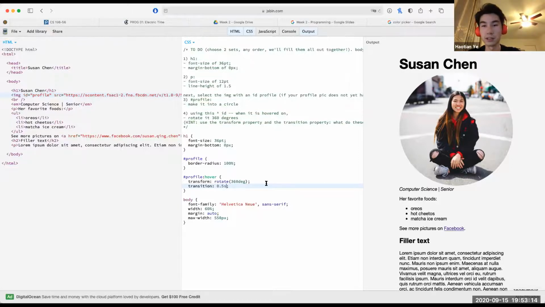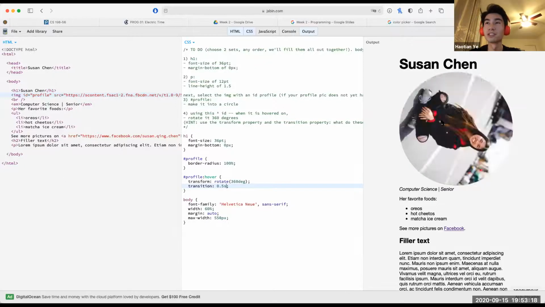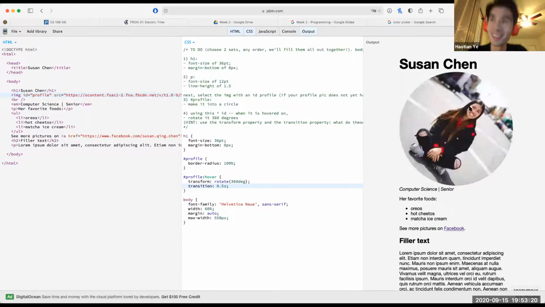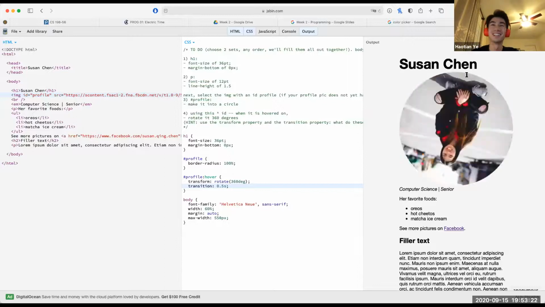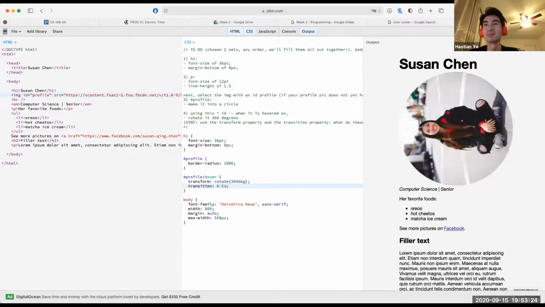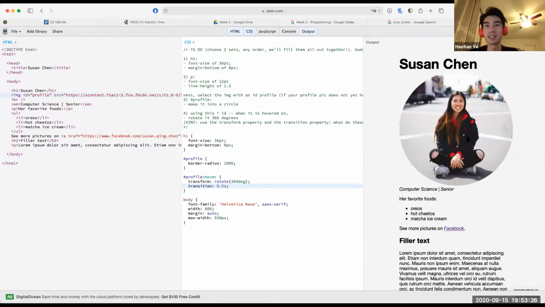S stands for seconds. Now if we hover, whoa, Susan now spins. I just find this really funny. So every time we hover on Susan's picture, it'll take 0.5 seconds to rotate 360 degrees. Wow, so fancy. Now you can add some really fancy, cool effects on your websites. Amazing. And that's basically all there is to this question.